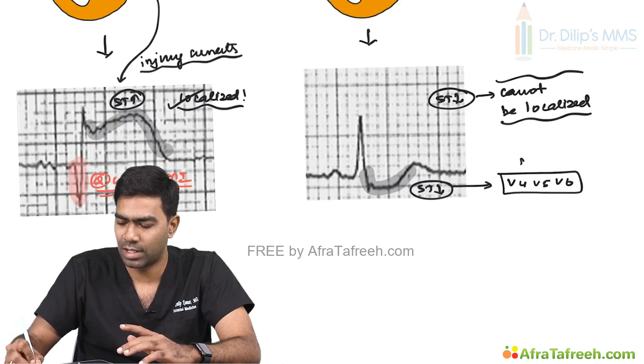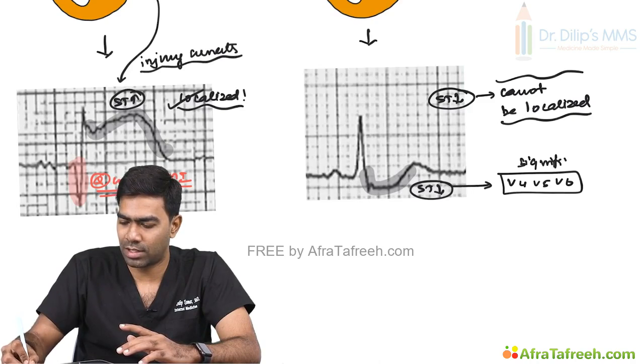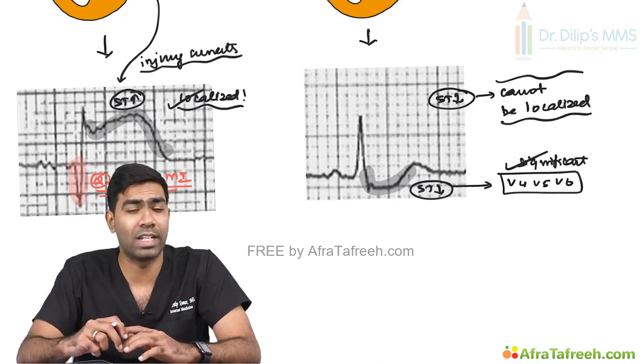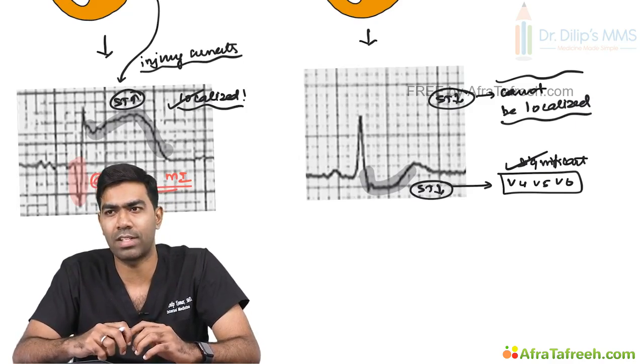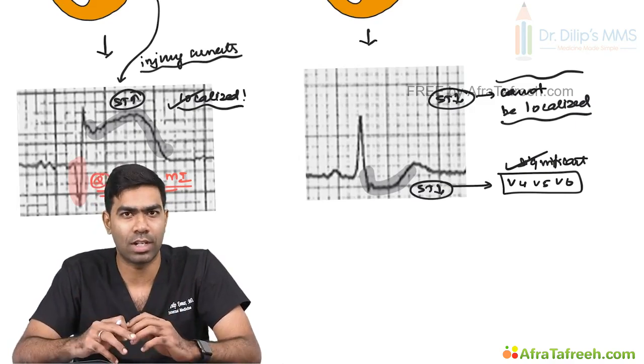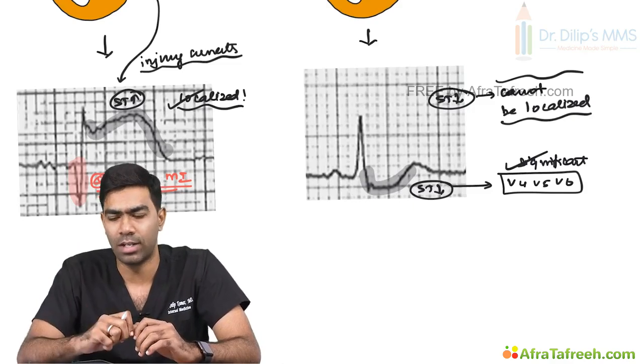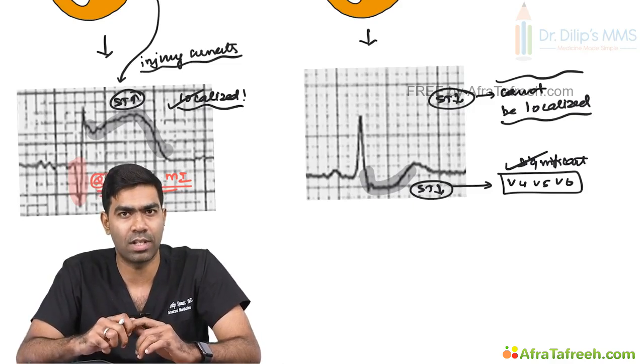these are the leads that are supposed to have a significant ST depression. If you have ST depressions and T wave inversions in 2, 3, aVF, that are mostly non-significant, especially if you see it in only one lead. But if you see ST depression in V4, V5, V6, that becomes really, really significant. But anyways,